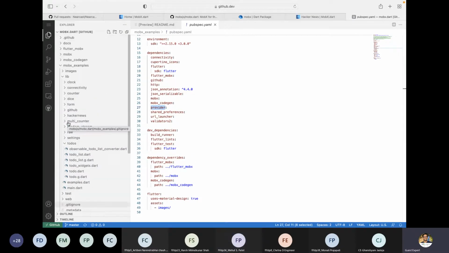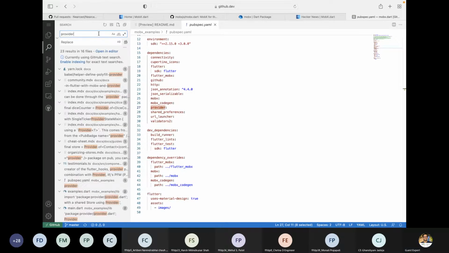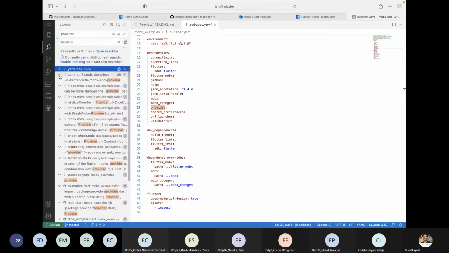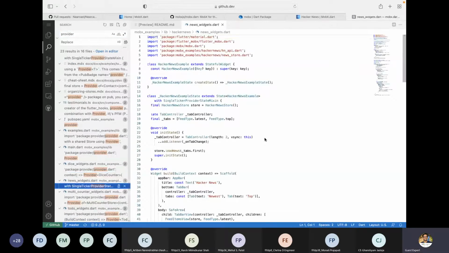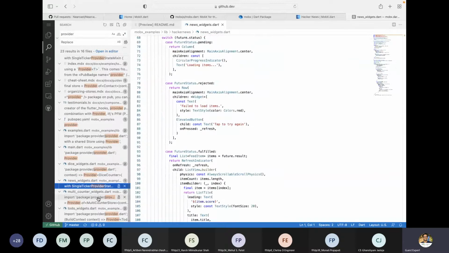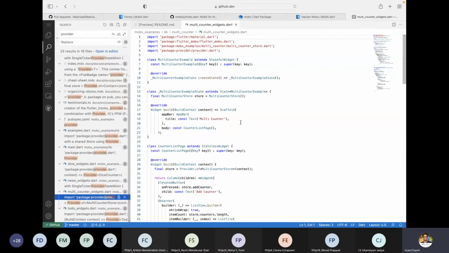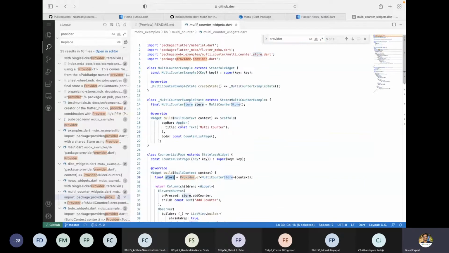We have this provider. Multi-counter widget, we have the provider. Okay, so this is how we have the provider here, and this multi-counter widget.